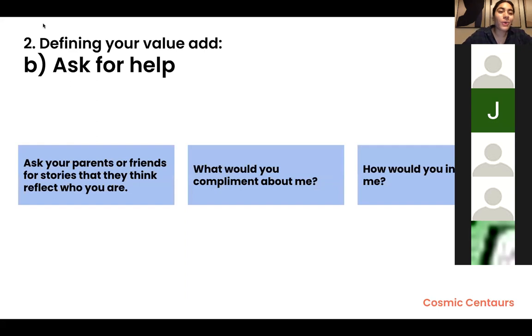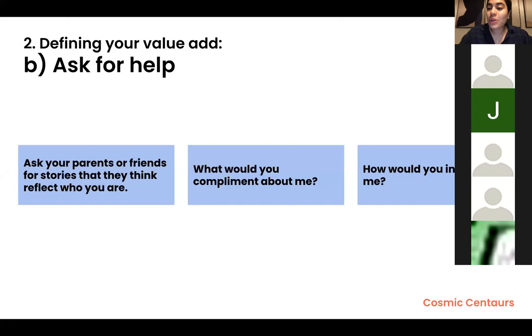But one thing that I always like to do is ask for help. We always say the best person to write a letter of recommendation for you is usually one of your parents or somebody really close to you, maybe an aunt. We go and we ask them, like, what stories do you have about me that tell you about who I am? I'm sure if I went and asked Maya's parents, or her best friend, to tell me about Maya or about a time when she did something that was so reflective of her personality, they would have dozens to share. So I encourage you to also ask for the same.